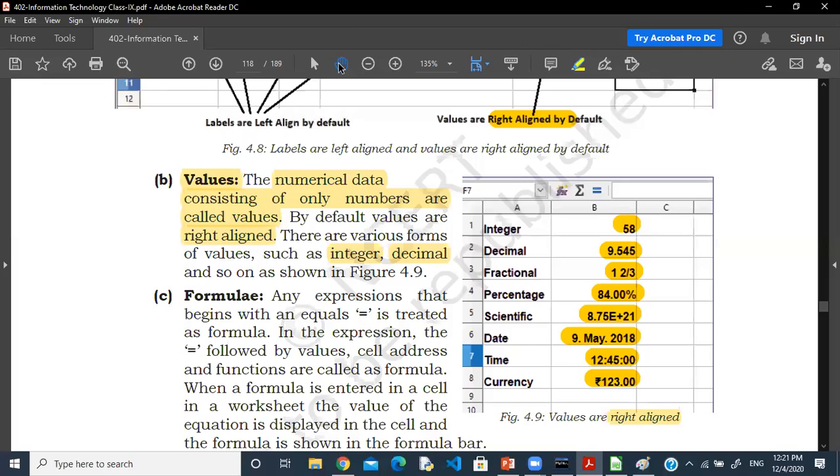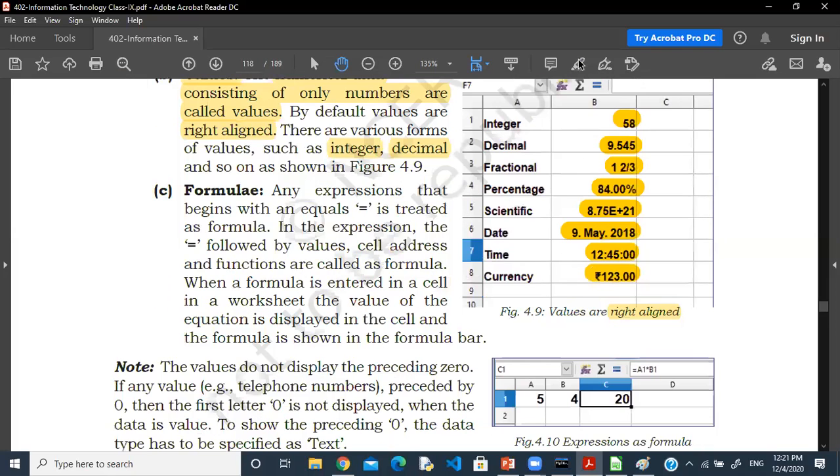Okay, next, what is the next? The next is the formula. What is the meaning of formula? Formula is the most important component of LibreOffice Calc, or a spreadsheet or Excel software. Due to formulas only, this software has become very popular. We are all aware of formulas. Generally, we use formulas in mathematics, like a plus b whole square, a plus b whole cube, a minus b whole square, the area of a rectangle, the area of a square. We use these types of formulas in mathematics for doing calculations. Why do we use formulas? Because formulas make it easy to solve problems.